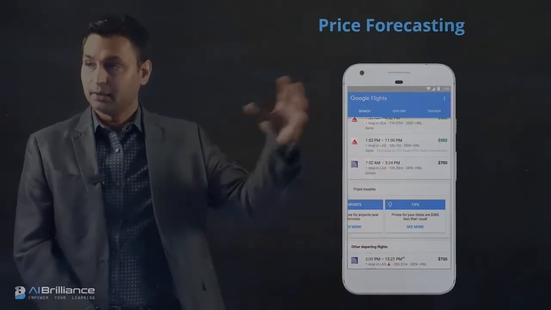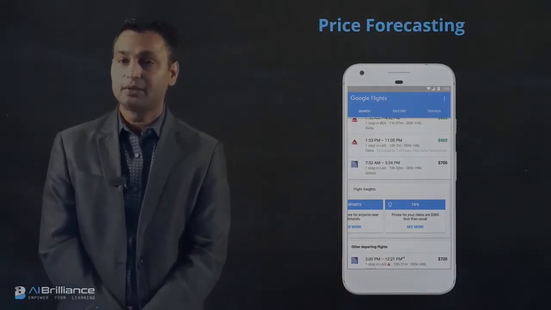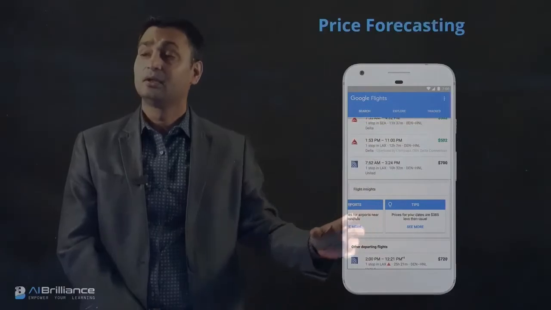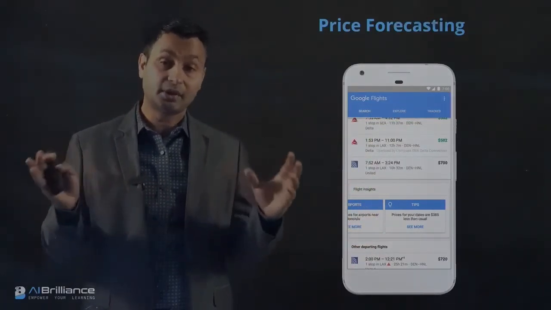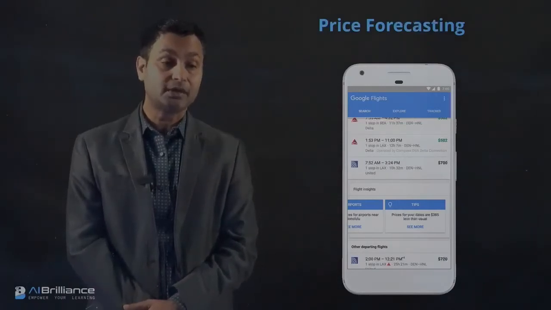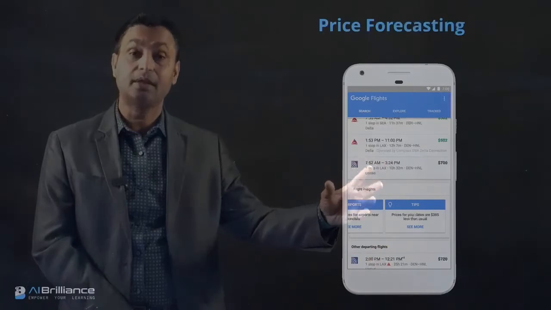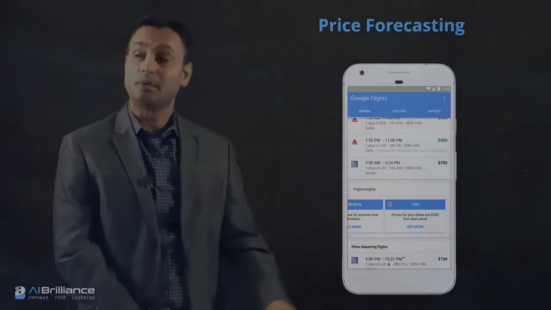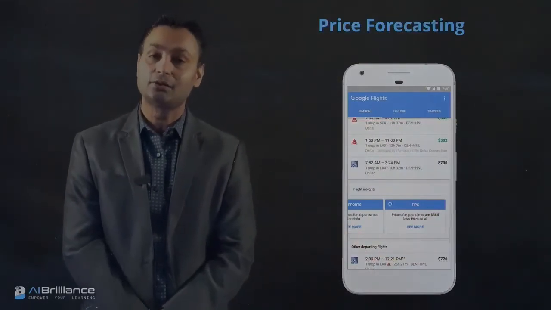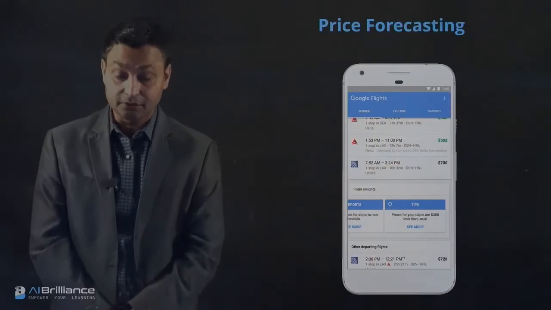So again, there are a lot of different apps which are using this type of price forecasting algorithm. This is for flights, this is for homes, but you can think about any commodity or any service that you want, and if you want to forecast that price, you can use a very similar algorithm. Underlying this, there are multiple different ones that you can use, but the majority of them, if you have access to a large-scale data set, will typically fall into the category of RNNs.